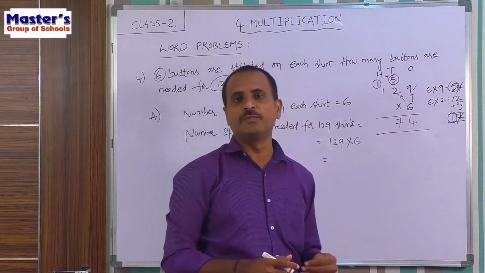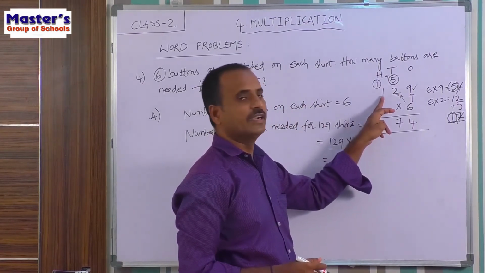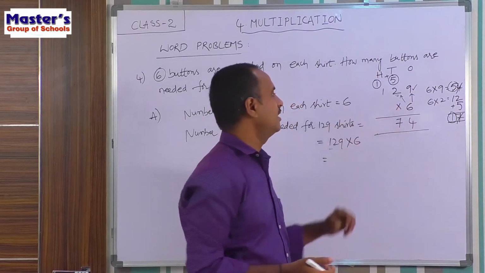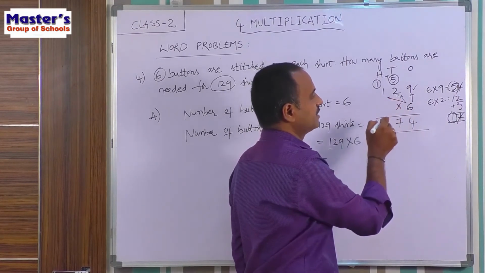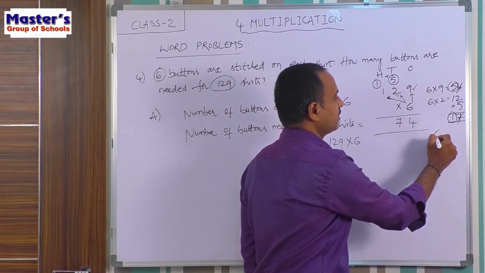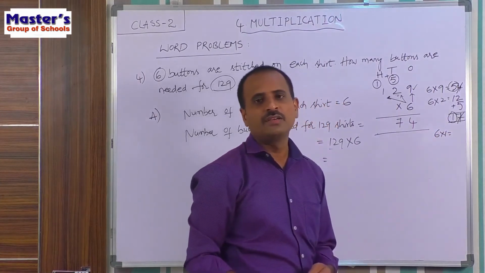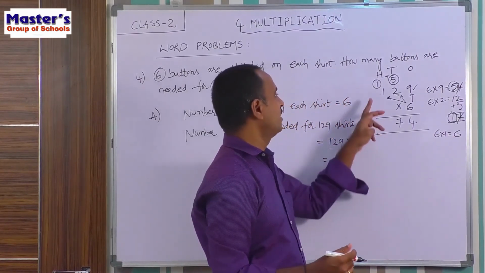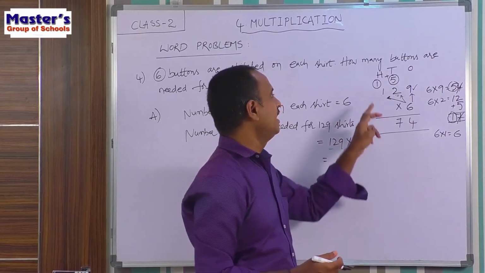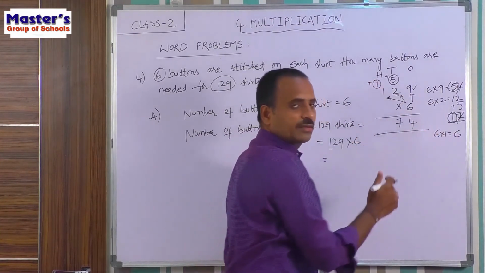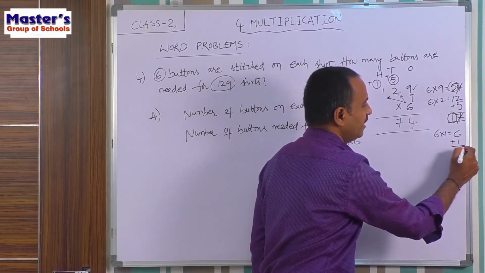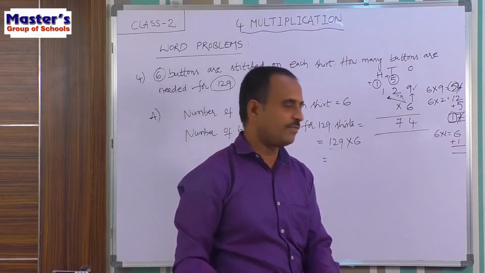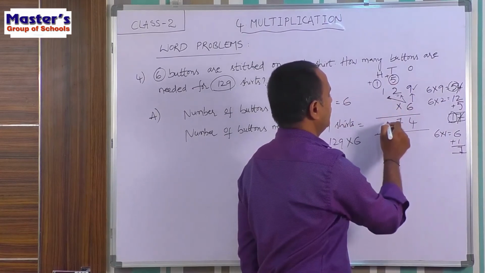Now again continue the multiplication. Multiply the digit present in hundreds place with 6. What is present in hundreds place? 1 is present in hundreds place. So multiply 1 with 6, that is 6 into 1. Children, how much are 6 1s? 6 1s are 6. And again there is a carried number 1 in hundreds place. Add this carried number 1 to the product, that is 6 plus 1. If you add 1 to 6, you will get 7. So write 7 under hundreds place.